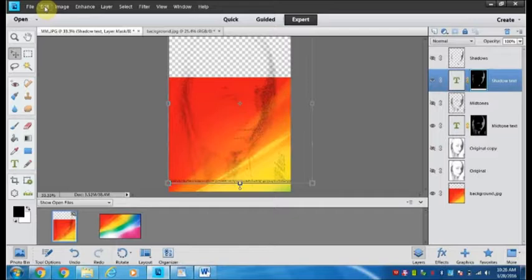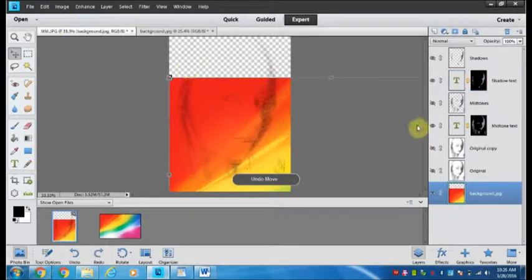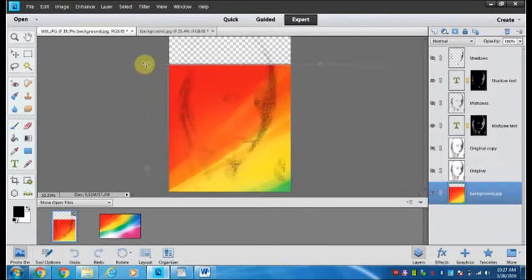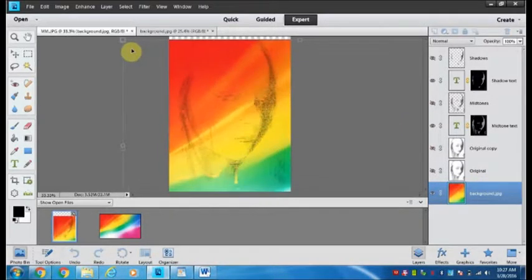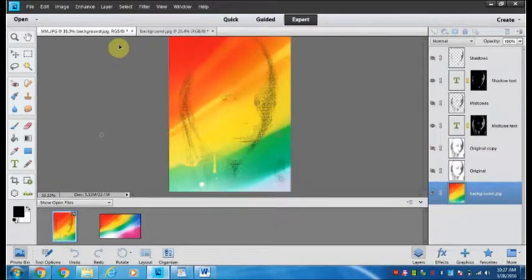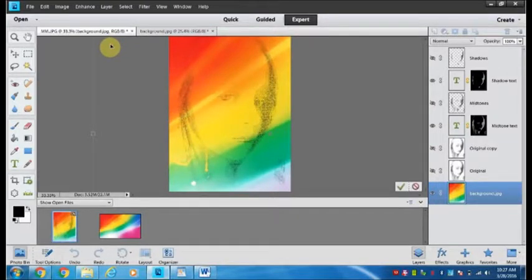And then what we're going to do is take this image. I'm just going to stretch it out a bit. I'm going to bring it on top. Like so. So now if we zoom in,